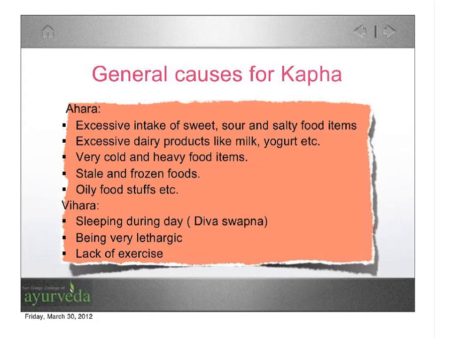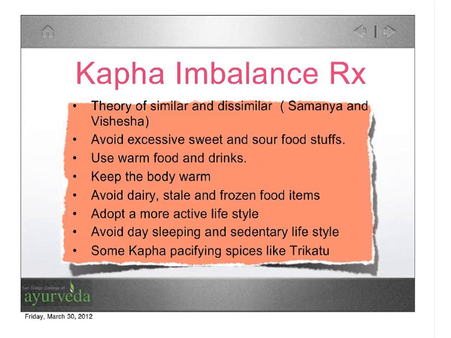So according to Ayurveda, both sleeping during the day and awakening in the night are considered harmful to the body. If you keep awake in the night, then that causes the aggravation of vata. Similarly, sleeping during the daytime will cause the aggravation of kapha. So some of these viharas can lead to imbalance of the kapha dosha. It's just the same when you indulge in aharas or viharas which have the same qualities of kapha, that will cause the imbalance of kapha.